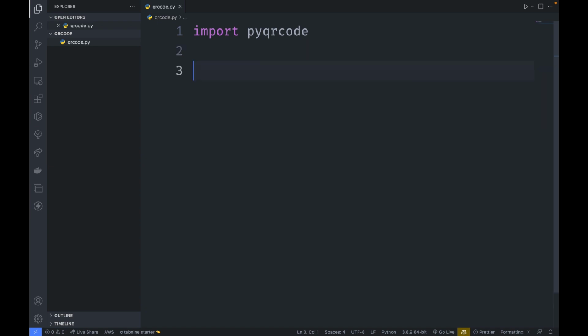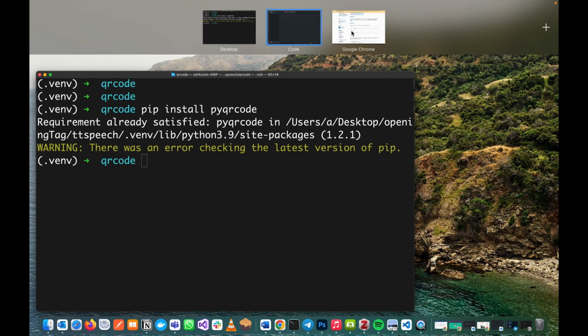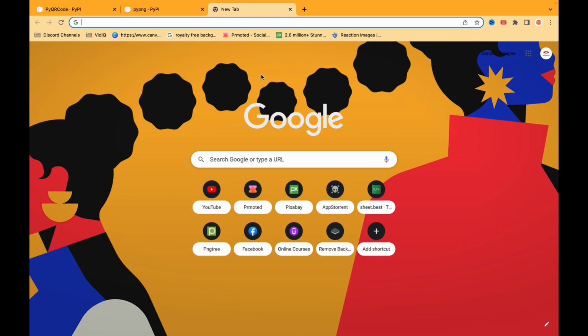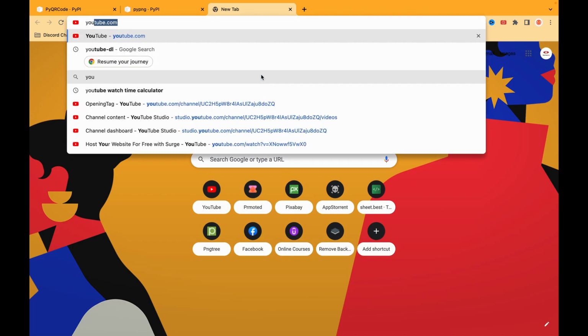Once you are done with the installation, you specify what you want to generate the QR code for. So in this tutorial, I'm going to generate the QR code for my YouTube channel. So I'm going to search for my YouTube channel link.